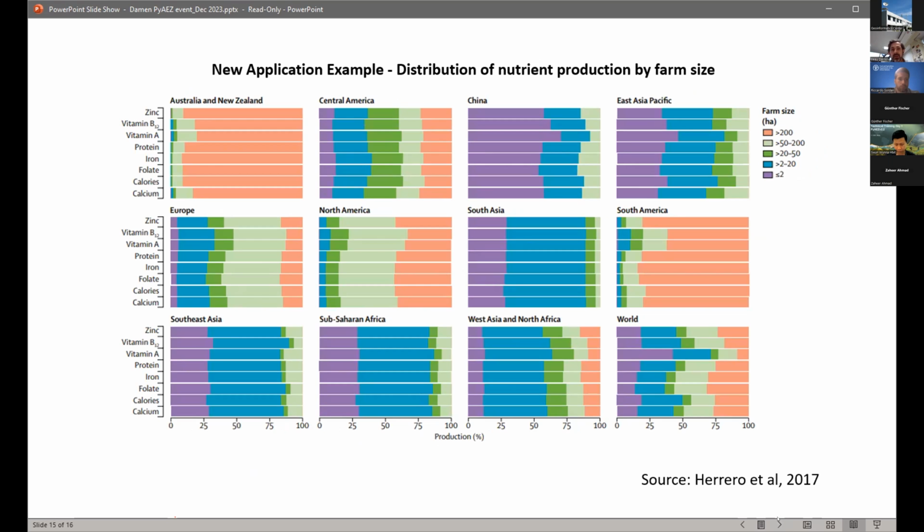Now, this is important from a GAEZ perspective, an AEZ perspective, because a lot of this information can be rendered spatially, and we can think about the suitability of, say, these types of crops that produce these types of nutrients as a basket, as a production basket within the context of a geographical system.